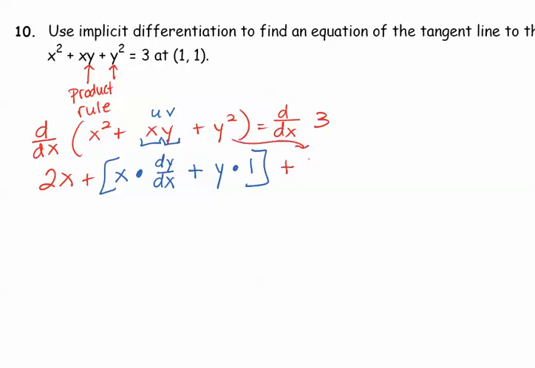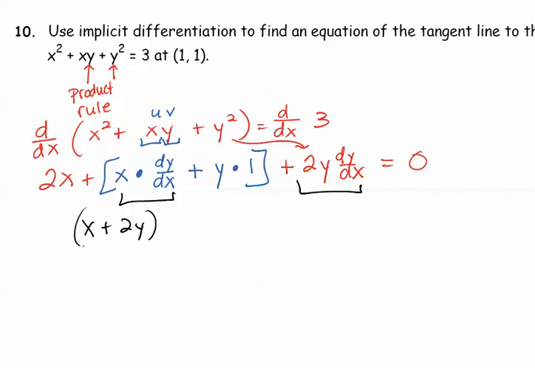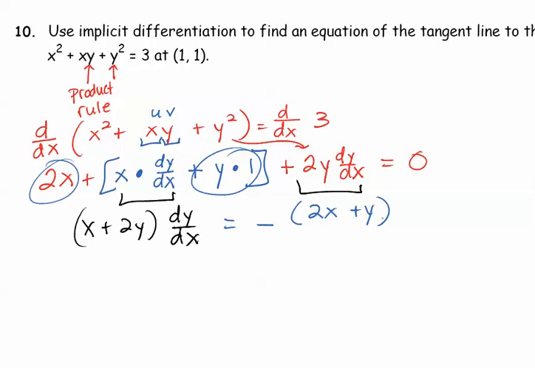And then the derivative of the y squared term is 2y dy dx. And on the right side, we have a 0. So we'll have two terms that have a dy dx. So this term right here and this term right here, I'm going to keep those on the left-hand side of the equation, and we could write it in factored form if you wish to save time. And these other two terms, the 2x and the y term, we're going to move to the other side. So whether you keep a negative out in front and use a plus sign, or whether you make them both negative,